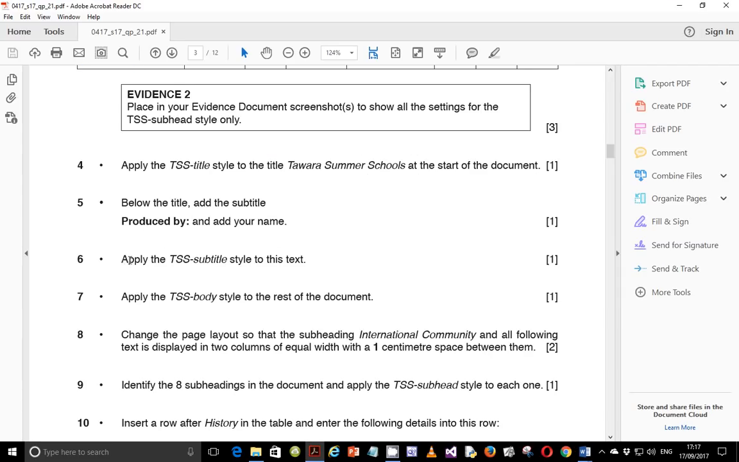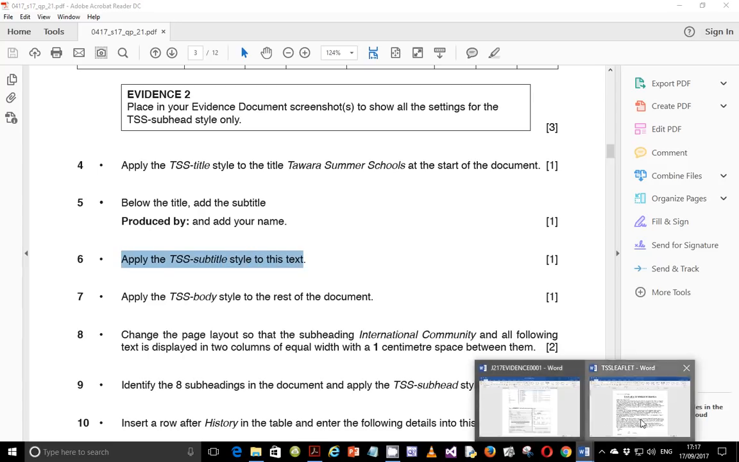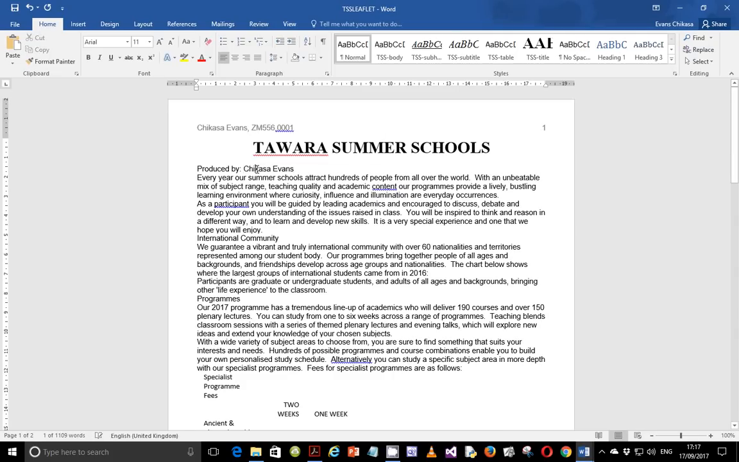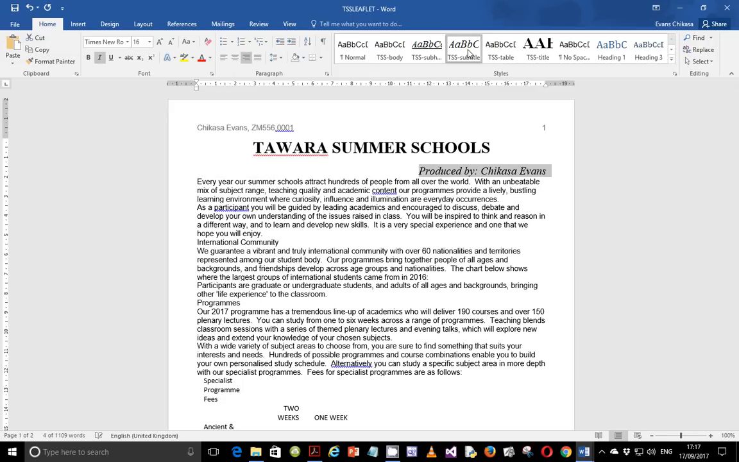Okay, step number 6, apply the TSS subtitle style to this text. Okay, so let's go ahead and do that. So subtitle is this one, and apply it there. Next step,